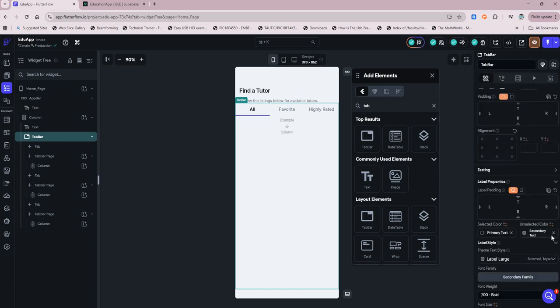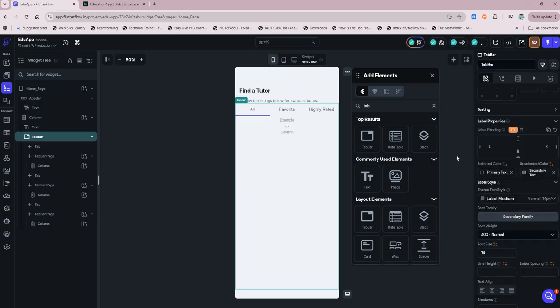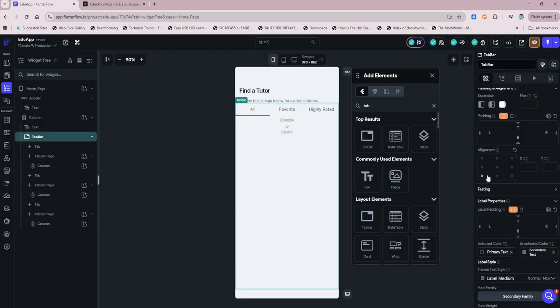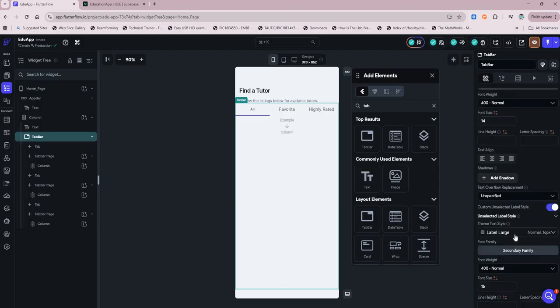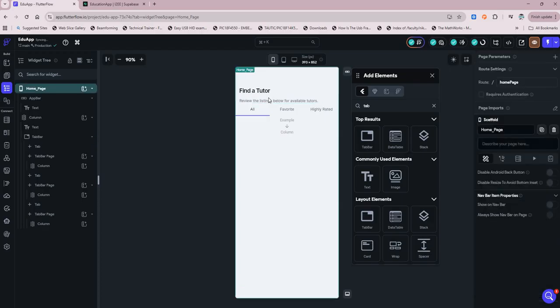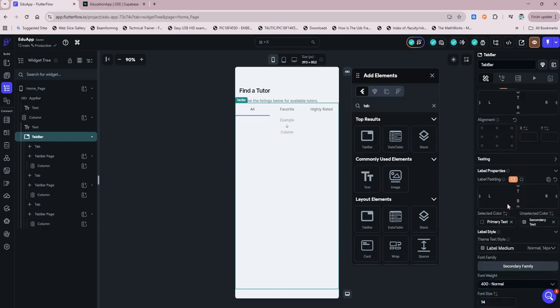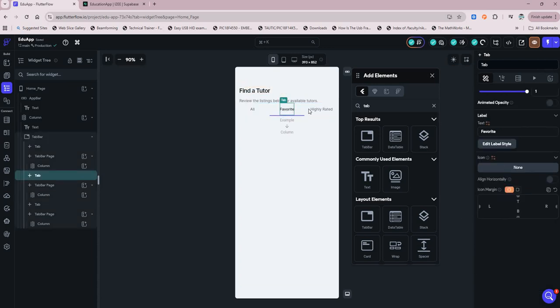So let us see, currently it's label large, maybe make it label medium. Sorry, I keep selecting the tab bar, label medium, also label medium for the unselected ones. Sorry, I keep on pressing outside. Again, for the selected one, we want it to be bold. So now it's bold. Okay, so we're able to see